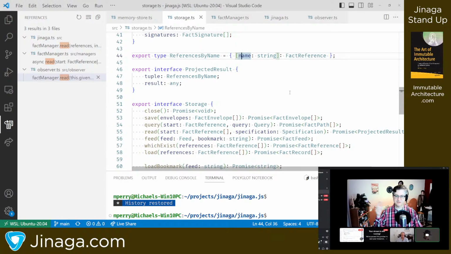So match this unknown, and for that name, which fact reference. So now that's that tuple. This set of unknowns maps to that particular result, and this other set of unknowns maps to a different result.